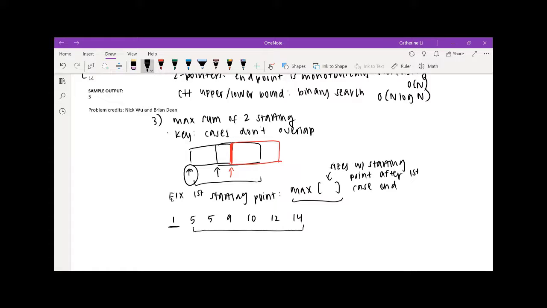And if our first starting point is 5, then we're going to go to 9 because 5 can be included in this first 5's case. So we're starting where it doesn't overlap. And then if we look at this 5, it's the same. For this 9, we're going to start at 14. So you can see that these intervals are decreasing. And they're kind of rooted at the end